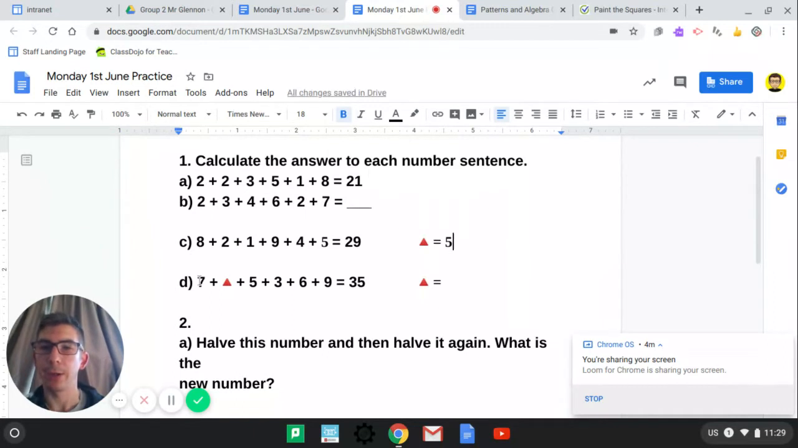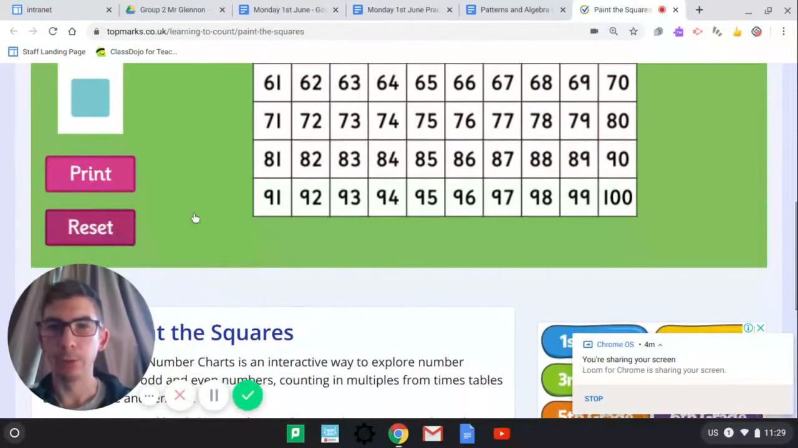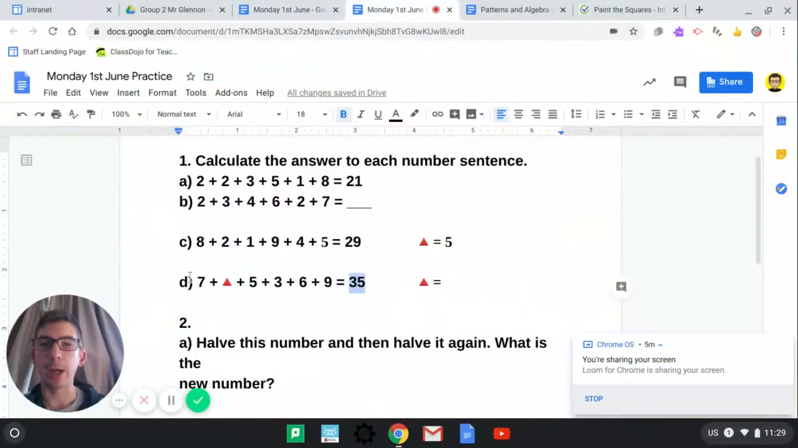I'm going to show that again, looking at this example. So we've got 7 plus triangle plus 5 plus 3 plus 6 plus 9 equals 35. Again, I'm going to use what I already know. I know the answer to that whole calculation is 35. I'm going to go ahead, reset, pink for the answer, 35. Now I'm going to add up what I do already know, so I'm just going to miss that out for the time being. So I've got 7